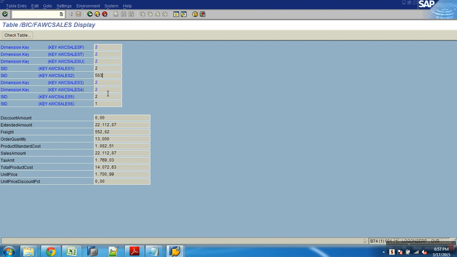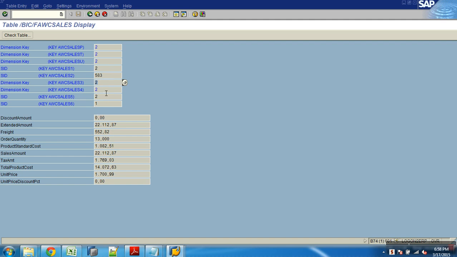Now look at this. There is something in black. What does this mean? These are line item dimensions. So this will be linking directly to what? The SID table. Okay. Now I want you to understand this one. Say dimension key 3. I want to see what this 2 is. This is the dimension ID 2, but this dimension ID 2 is what the SIDs have resulted in.